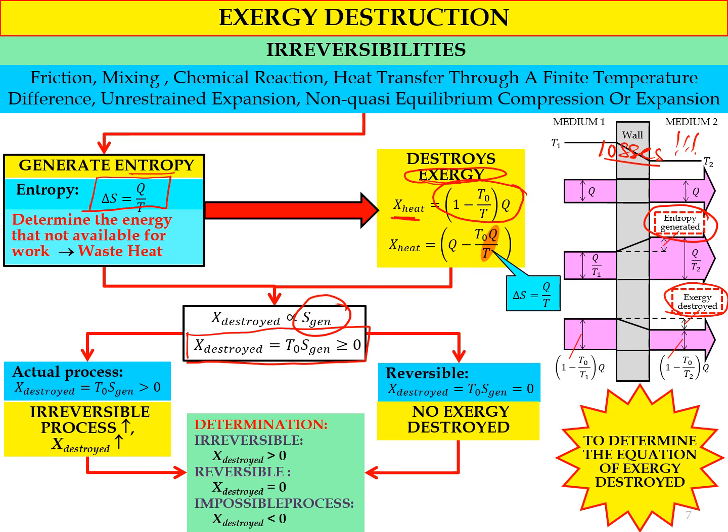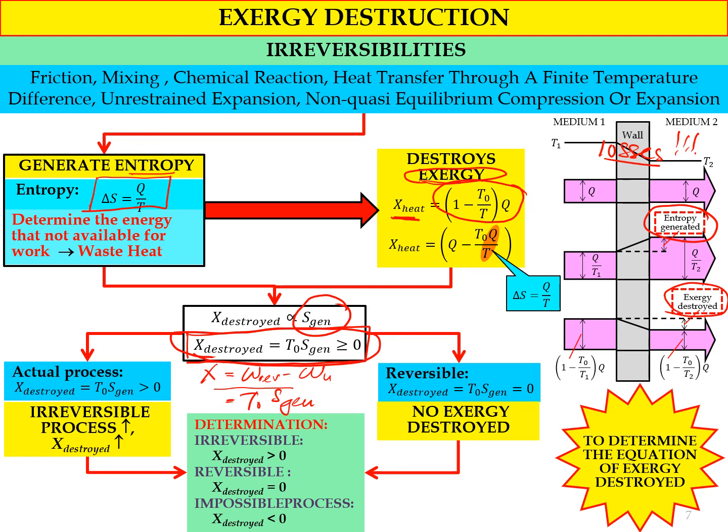Of course, you can calculate exergy destroyed by the equation that we have before: reversible work minus the used work for a turbine. If it is a pump, then it is going to be used work minus reversible work. I hope you remember this. This is one way of doing it. Another way of doing it is by considering this equation. Exergy destroyed is also T naught